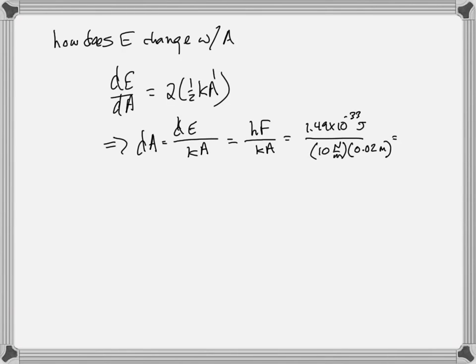So we can just plug in the numbers that we had already calculated or were given, and you can find that the smallest possible change in amplitude is 7.4 times 10 to the minus 33 meters. So the amplitude is not continuous, but the smallest possible change might as well be continuous because it's 10 to the minus 33 meters. The size of a nucleus is about 10 to the minus 15 meters, and we're only good at measuring distances up to maybe a fraction of a nucleus, but not 10 to the minus 33 meters. So this might as well be continuous.